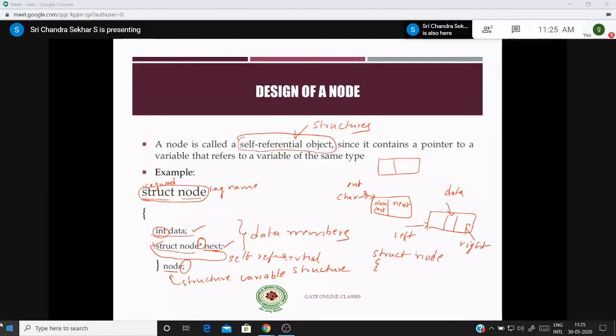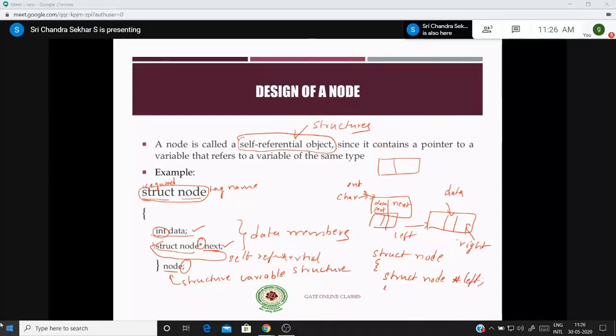The first part is a link to the previous node, or the left node, which is of the same structure. So you have to create a pointer, struct node star left. This is a pointer which points to the left part.